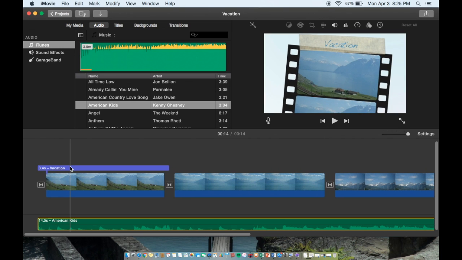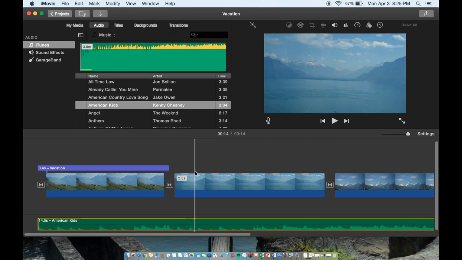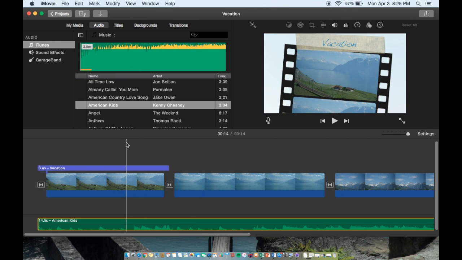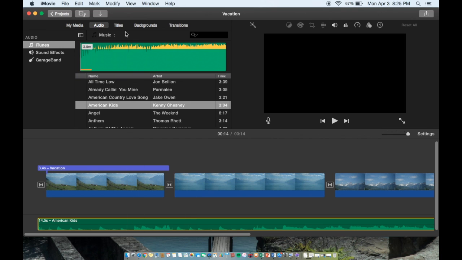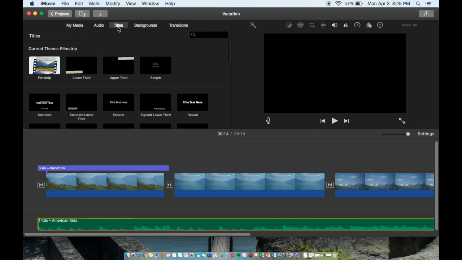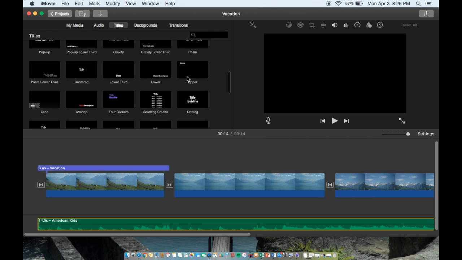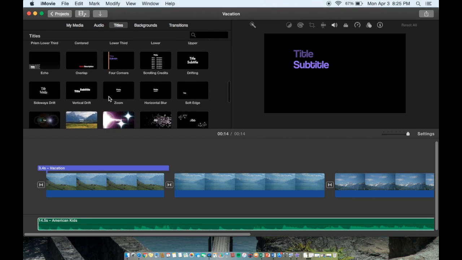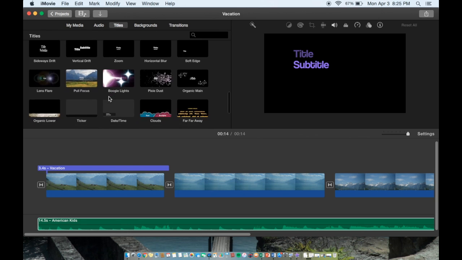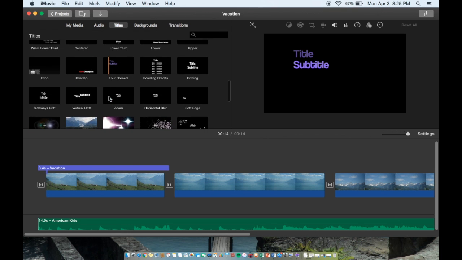So next, I am going to add a text to put on top of my picture. So if you would like to add some words or a caption to your pictures, you go up here to Titles. Here it gives you several different options of what your title could look like on your picture and where it would be. So for mine, I am going to choose,